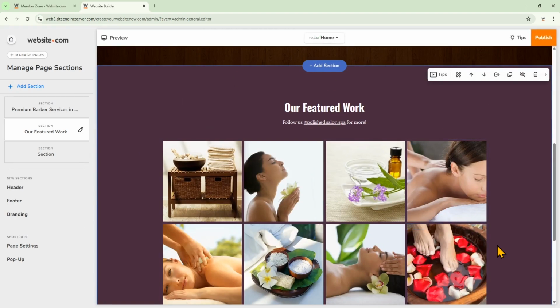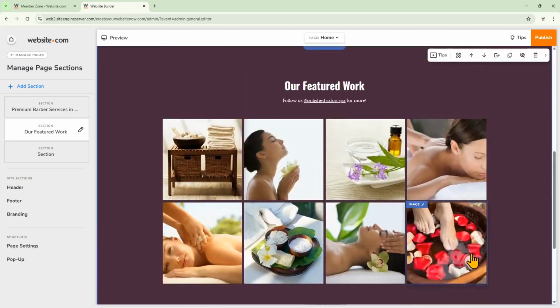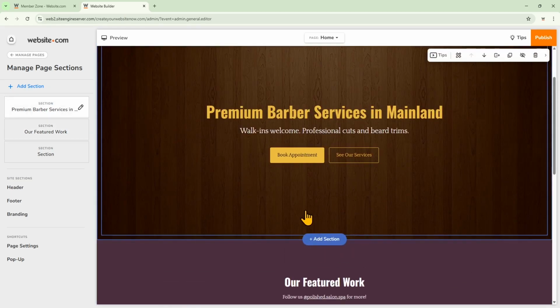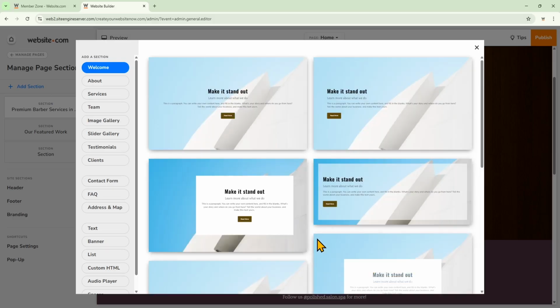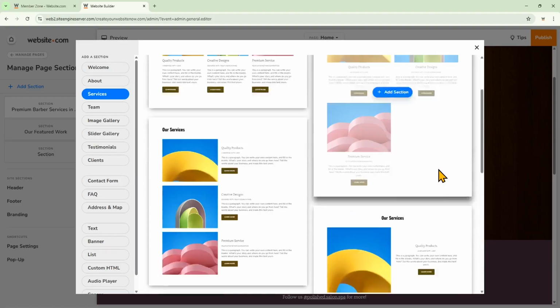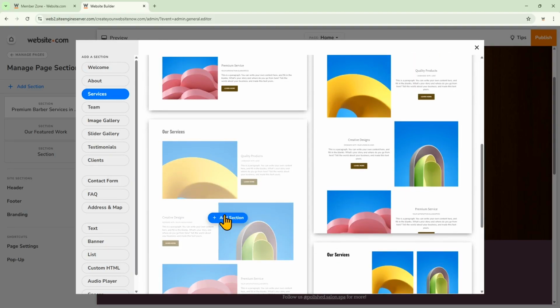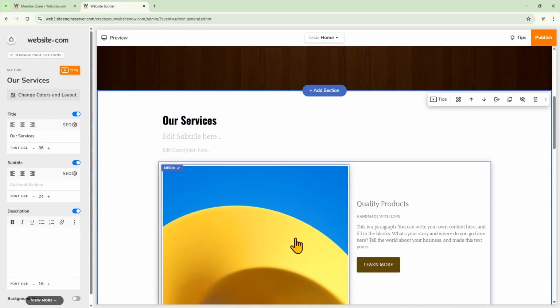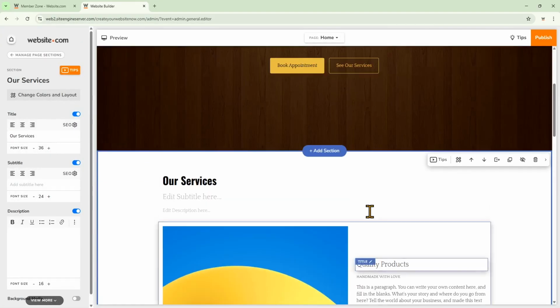This is beautiful. This is a gallery, and you might want to keep that to show off some of your services that you've provided or some past clients. All you have to do is change out the text and update the images like I showed you in the welcome section. But let's add a services section to this homepage. So we'll click add section, and there is a services layout page. So we'll click that one, and then you can choose your design, choose this layout. And now here is a services section that I've added to the homepage.